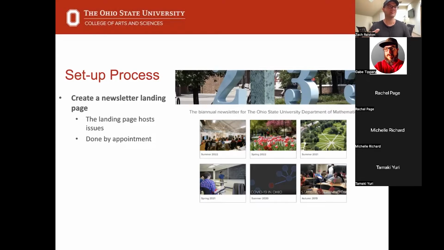But this is just to reinforce this as an opportunity for me to work with you to plan some of that stuff, to get those questions answered that you might have, not just to push the big button that says, here's your landing page, have fun, right? So just to give you a general overview of the structure of a newsletter, the newsletter landing page